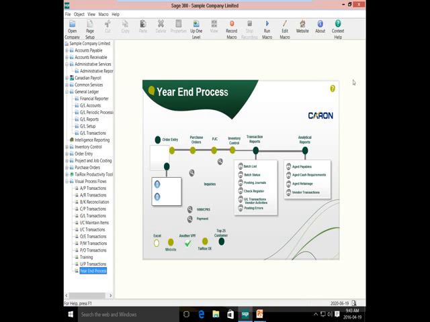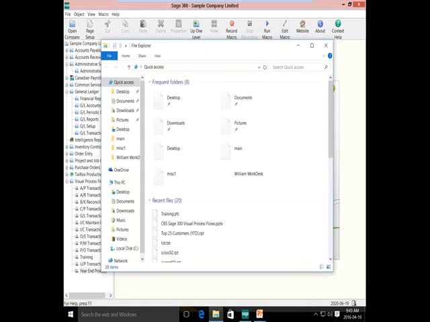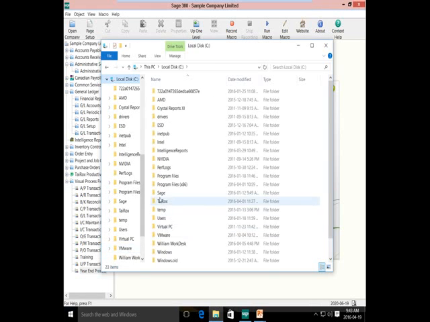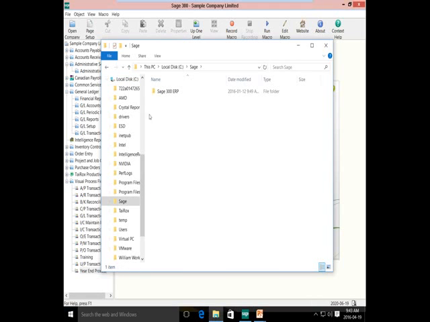So how do you, first of all, let's go and see how you add a logo. If you were to add a logo, you would have to put the logo in one of the libraries. Okay? So the question is, where are the libraries located? So if I go inside here, in my particular case, I go to my C drive, I go to Sage, and this part, it's a little bit